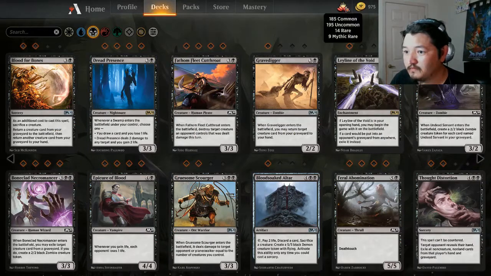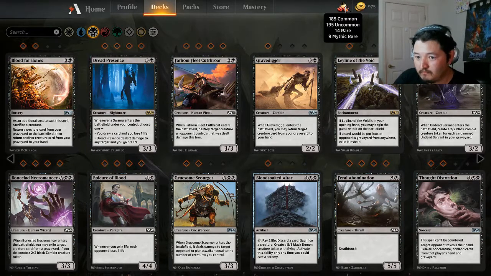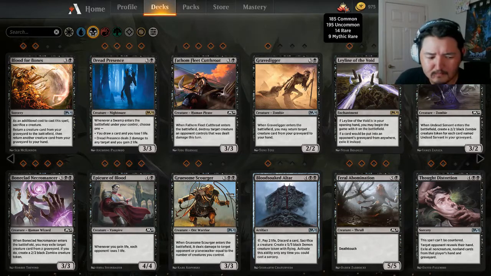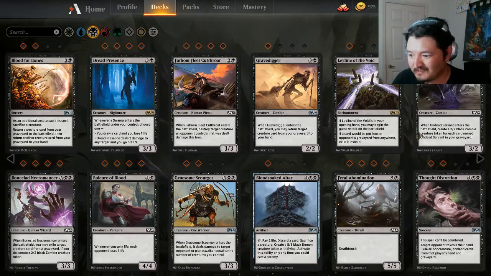And I have, what do I got? 14 rares, 9 mythics, 195 uncommons, 185 commons. If they ever put Popper on this thing, I think I'll be alright. Apologize, I've been under the weather. I was going to try to stream yesterday, but